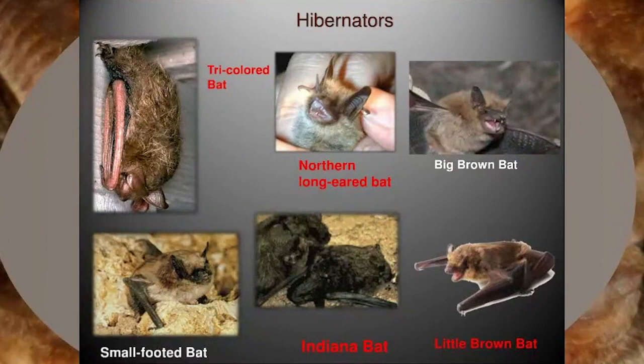We also have 6 year-long resident species. These species hibernate during the winter right here in Ohio. These species include the big brown bat, little brown bat, tricolored bat, northern long-eared bat, small-footed bat,